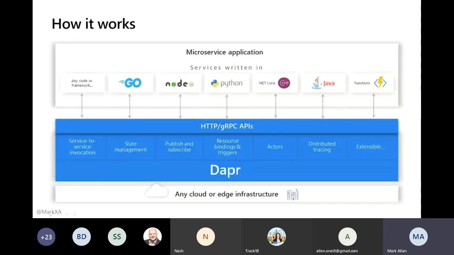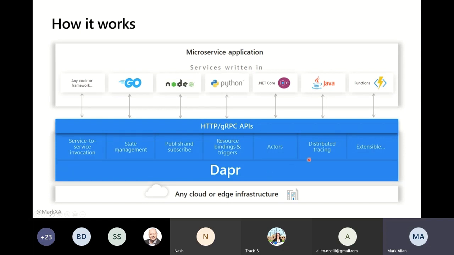There are lots of things it does. It provides things like talking between different services. It provides state management. So if you want a nice, easy Redis backend for all your services, but you don't want to write any Redis code, you use Dapr with a Redis plugin, and you can just talk to it and say, okay, persist this value to my shared state, and Dapr will go off and shove that in Redis for you.